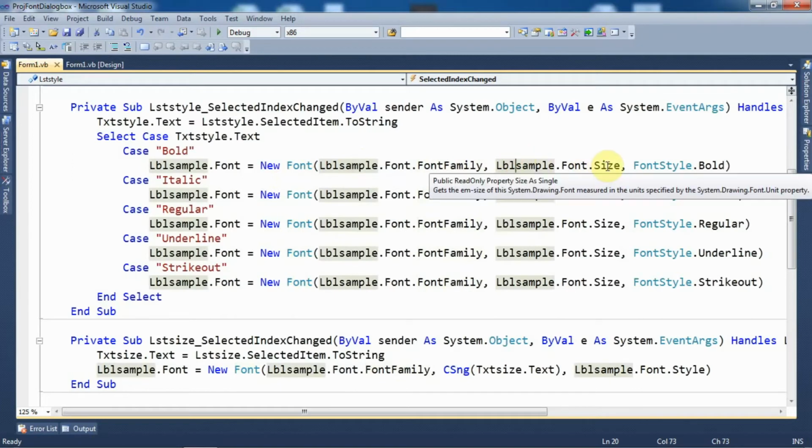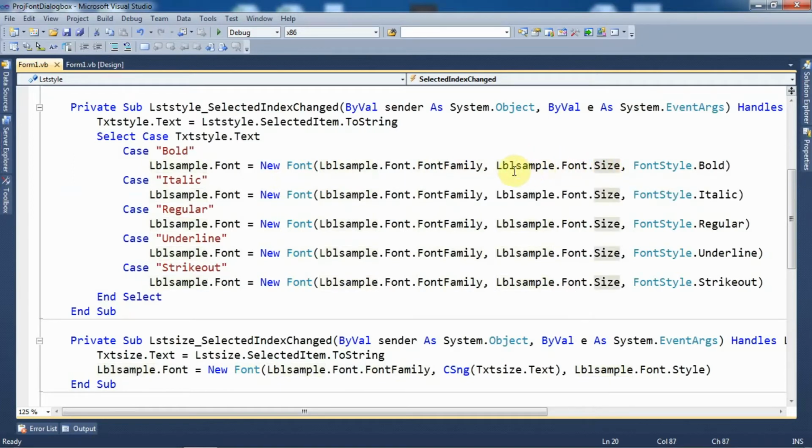Then the second argument is size, which again remains as it is, so I have specified lblSample.Font.Size, meaning the size will be the same as already present in the label control. But over here I have changed the style, and to change the style I have used an enumeration, that is FontStyle.Bold. With the help of this enumeration the bold effect will be given to the text present in the label control. With this statement the Font object is created and assigned to the font property of the lblSample label.